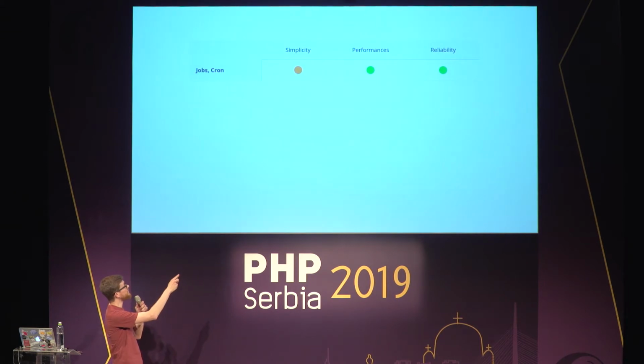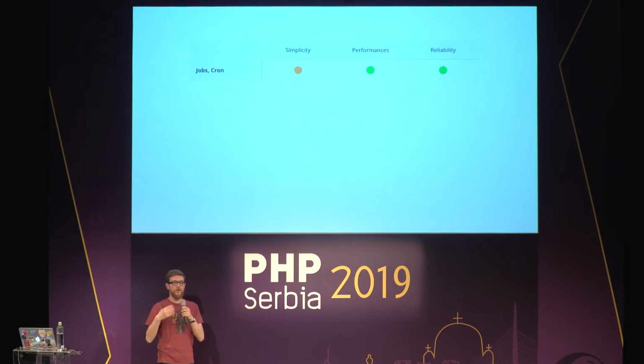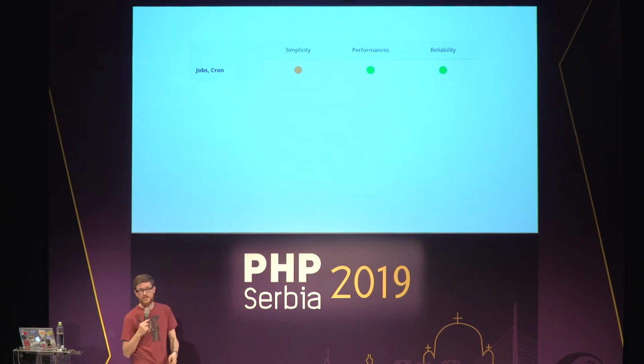There's just one thing to be wary about. It's not as simple as I would like it to be. So green is, yeah, great, good, go ahead, no problem. Orange is like you can expect some more effort. It's definitely doable, but you can expect some more effort. Because right now there is no easy integration with Laravel queues or Symfony Messenger. That's something I want to work on, but if you want to do that, you have to write it yourself. It's definitely doable, but you have to write it yourself.